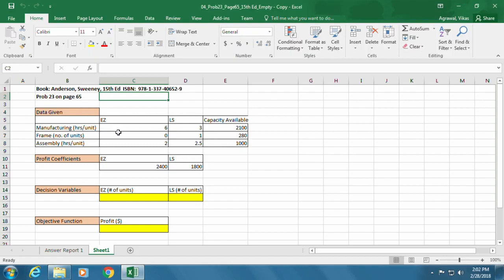In this problem, Embassy Motorcycles manufactures two lightweight motorcycles, Easy Rider, denoted as Easy, and Lady Sports model, denoted as LS. Easy Rider model requires 6 hours of manufacturing time and 2 hours of assembly and testing time for each unit produced. LS model requires 3 hours of manufacturing time and 2.5 hours of assembly and testing time for each unit produced. And there is an unlimited supply of frames for Easy model, but we only have 280 frames available for LS